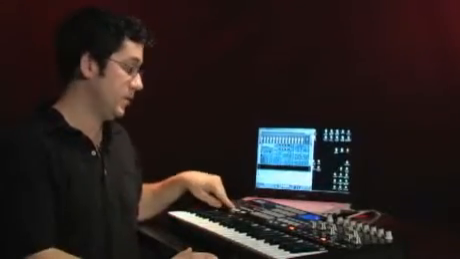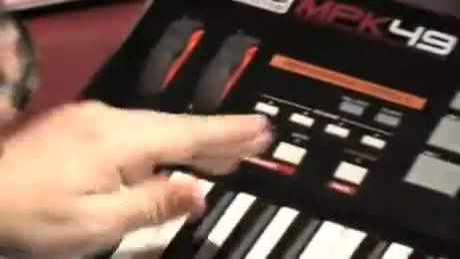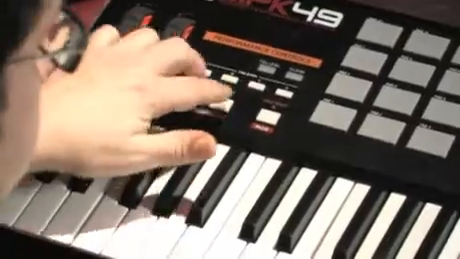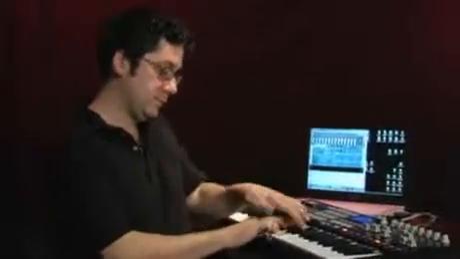The arpeggiator is really nice because there's a latch feature that allows me to latch the arpeggiation and do all my filter tweaking and mix automation. So I'll go ahead and